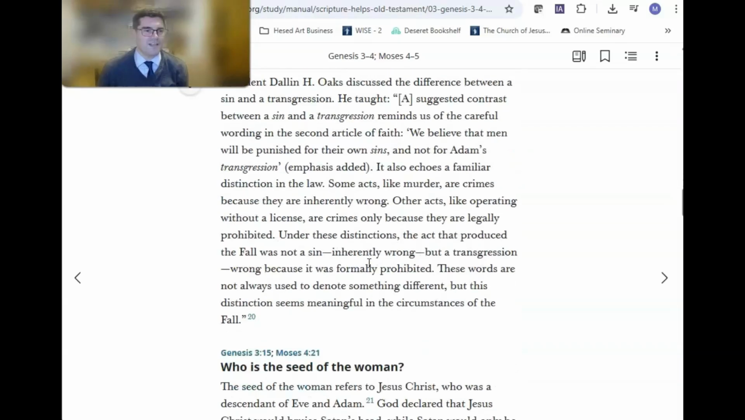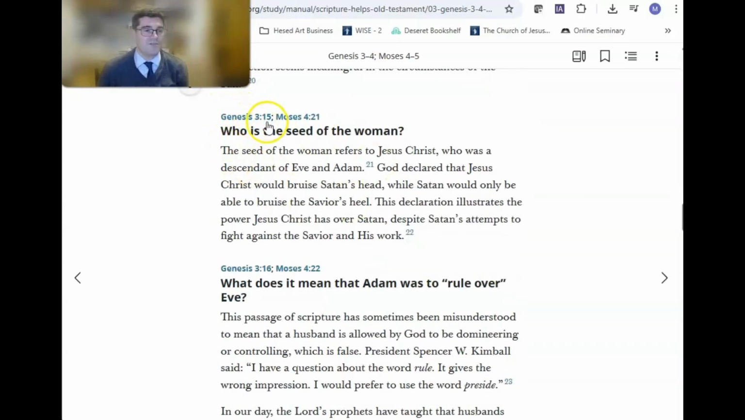One of the ones that I think is really good is this one here in Genesis 3:15 and Moses 4:21. This is referring to Eve and the seed of the woman Eve. It's referencing the seed of the woman in this particular verse. It's talking about Jesus Christ, who was a descendant of Eve and Adam. Sometimes we think it's just the seed, meaning all of the children, but it is particularly referencing Christ. And it's talking about how Christ has power over Satan, that his seed has power over Satan. And I think that's a great truth to understand, particularly in light of the fall that we are looking at